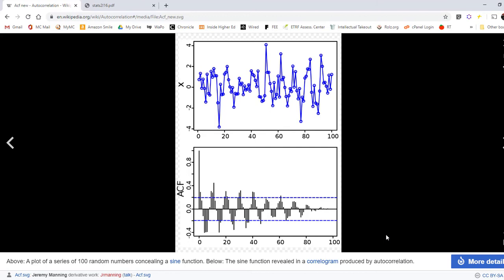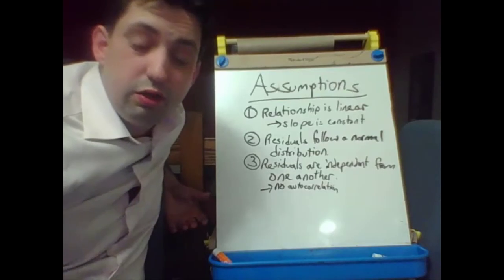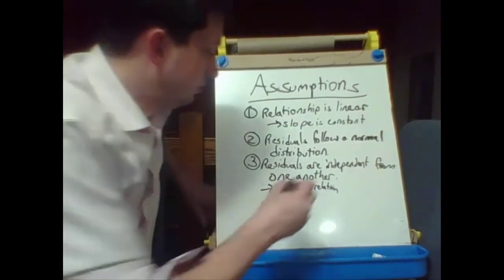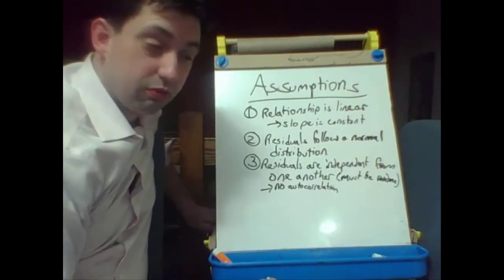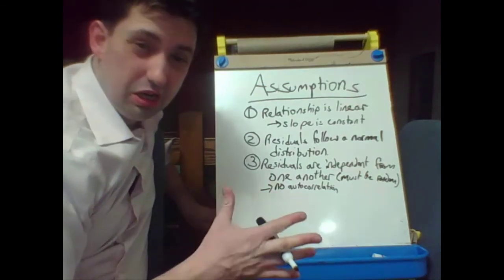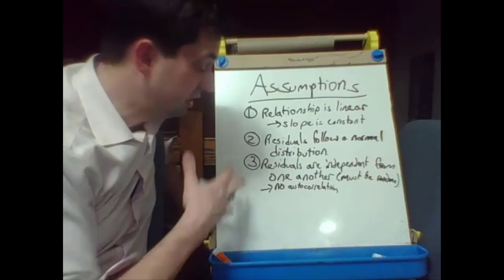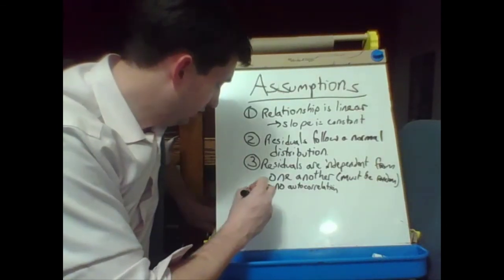That violates one of our assumptions of regression analysis. The residuals have to be random. They have to be independent from one another. Last major assumption, and again, there are other assumptions and complexities we can apply to linear regression, but these are the big four we're talking about. And the last one,